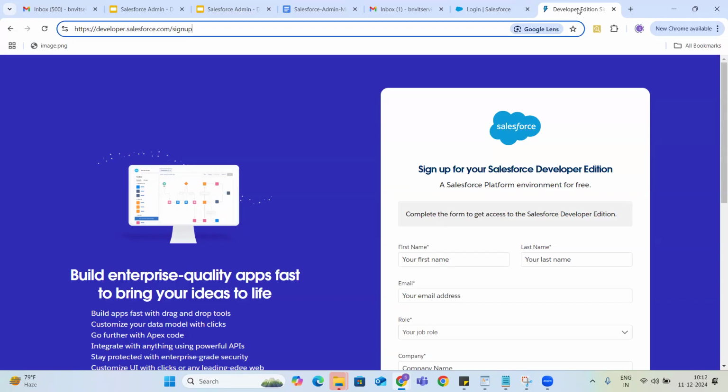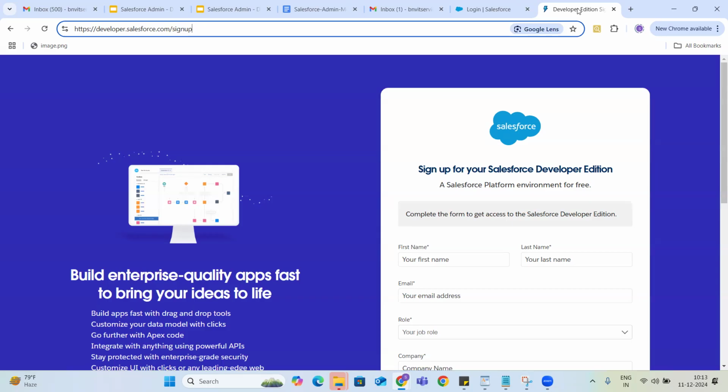The navigations, everything that you are seeing in the trial org, will be exactly the same as in your real-time projects also. That's the reason creating your own sandbox, your own org, and working on it to get very good hands-on experience in navigating and knowing how to work in that org is very important, guys.